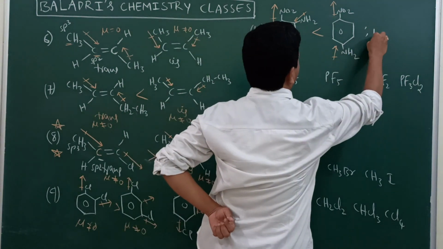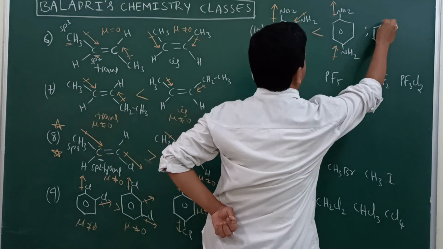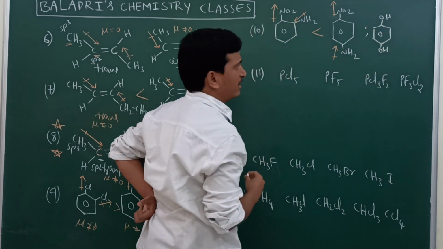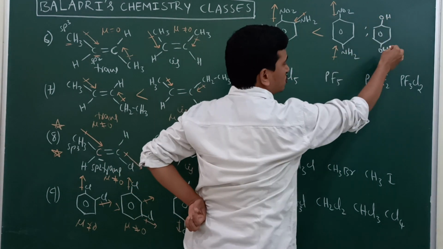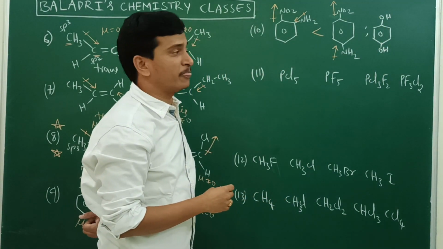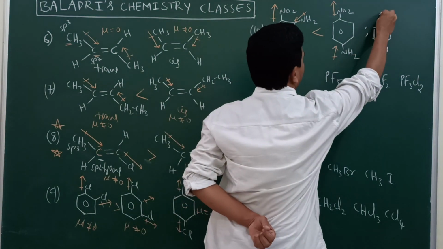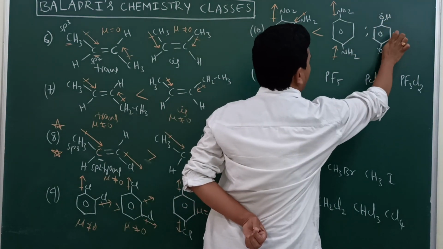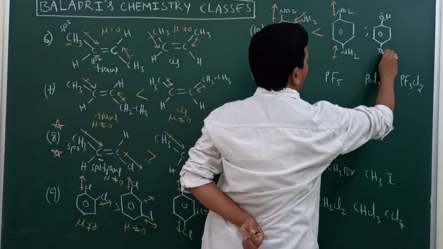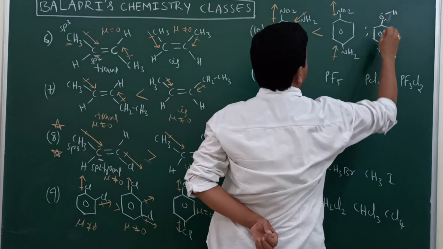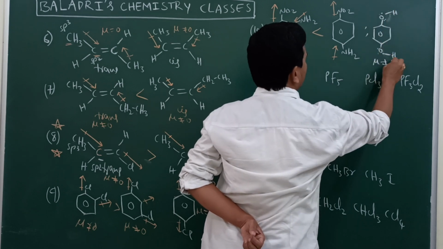Okay, now we can take one more example also here. Suppose on benzene, in the para position, two OH groups are there. What will the student think? Para means both are the same groups, so they will consider the dipole moment is 0. But here the OH group will be angular in shape, oxygen will be what? Angular in shape. Because of the angular shape of oxygen, the dipole moment of this molecule doesn't become 0. Okay, so dipole moment is not equal to 0.